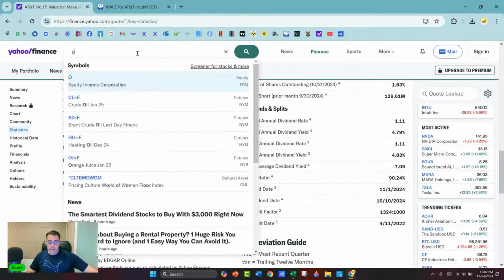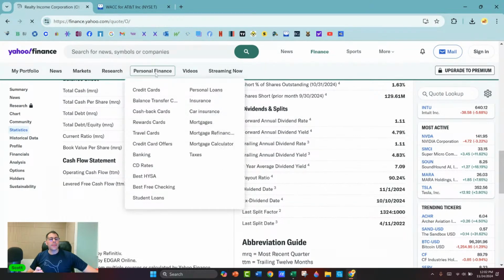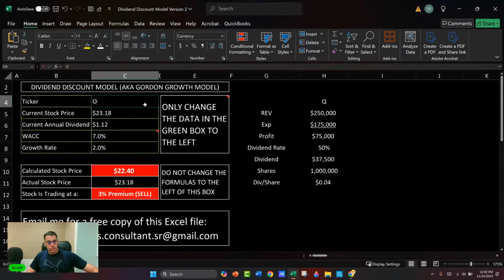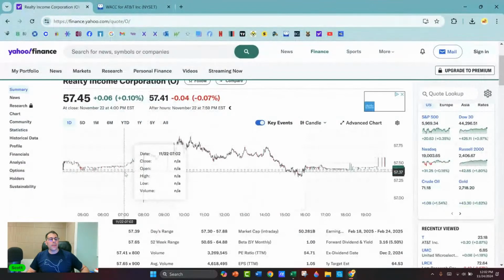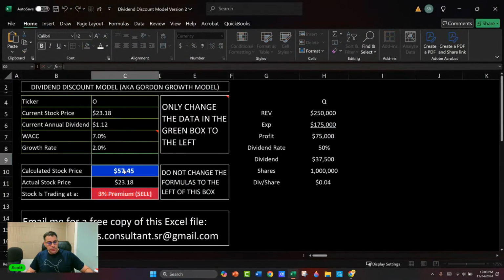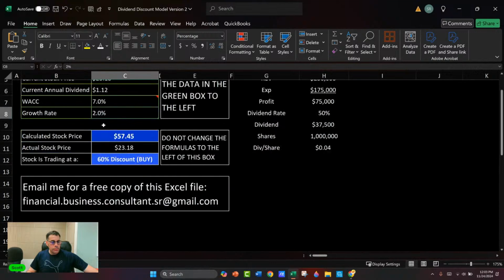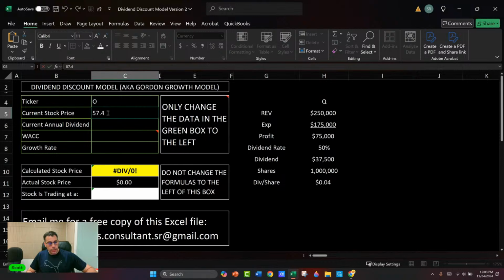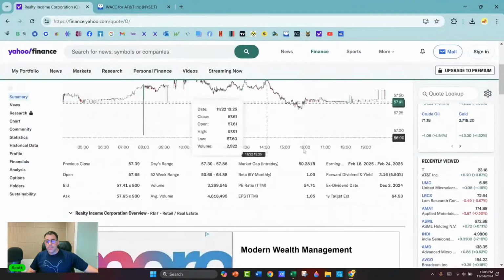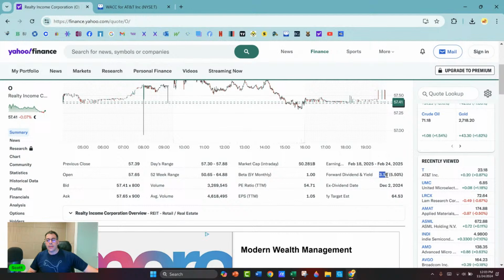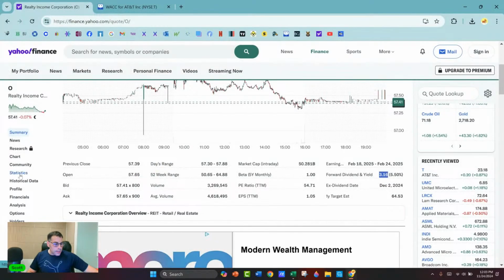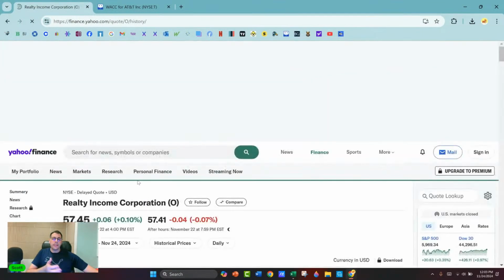Let's do a REIT. Does anybody have a Realty Income pays monthly? It doesn't matter if it's monthly. So they're trading at $57.45. And let's look at their annual dividend. On Yahoo Finance, it's good that they annualize it right here on the front page. You don't have to do any math. But it's good to look at the past, because